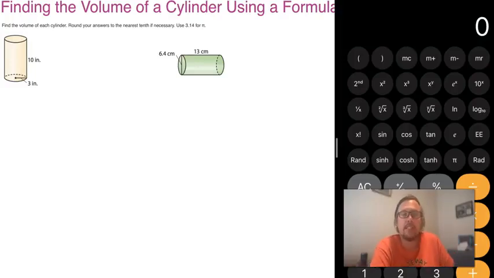We're going to move into learning how to find the volume of various three-dimensional objects. There are three that we're going to focus on right at first: the cylinder, the cone, and the sphere. We're going to start with the cylinder, as you can see. Each one of these has a similar but slightly different formula, and they're all based on a value that